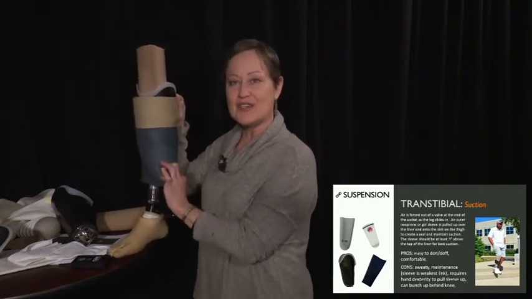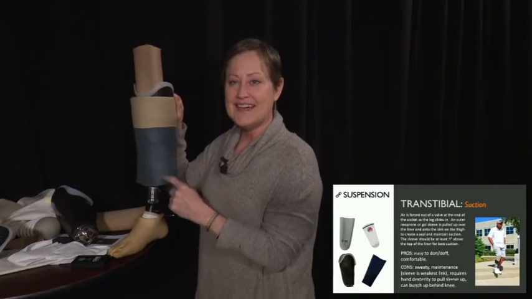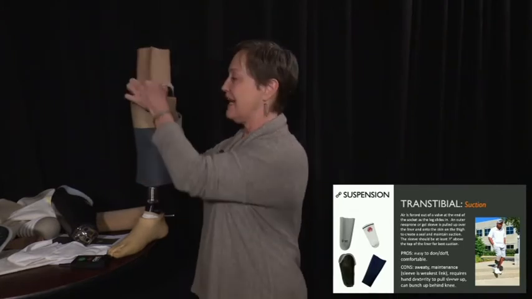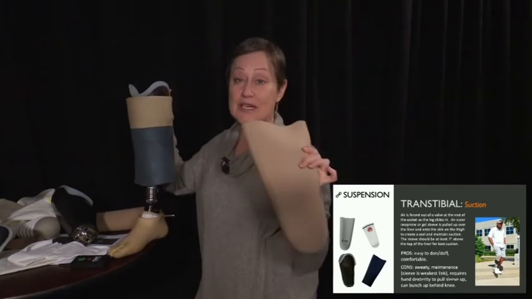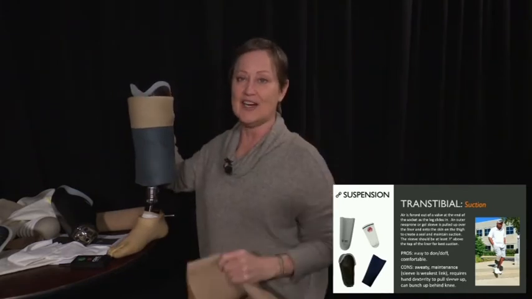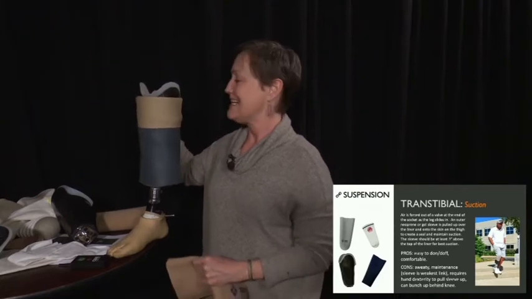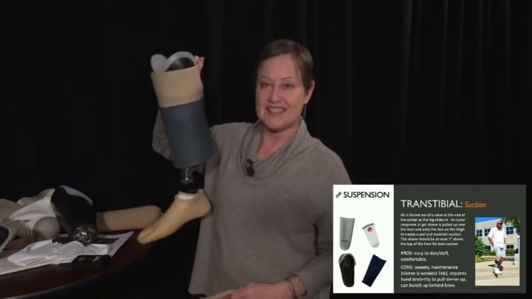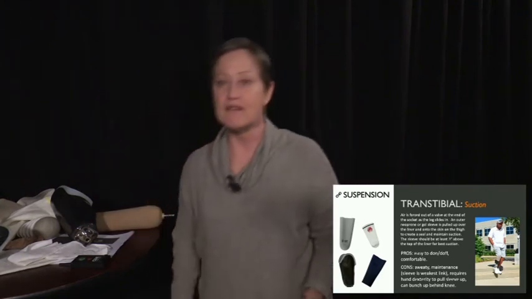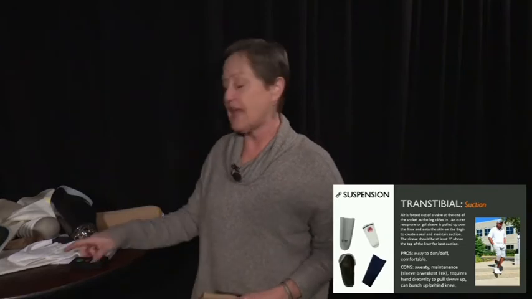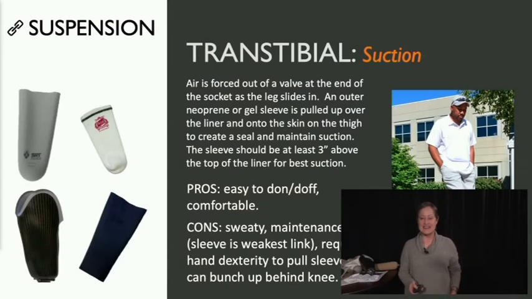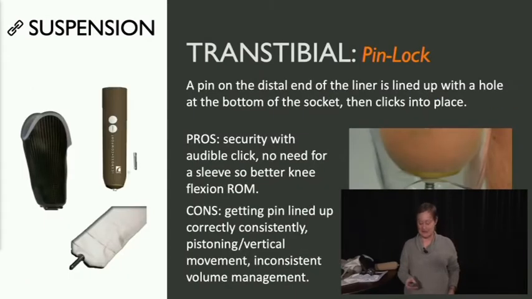Now you can imagine this creates difficulty with hand dexterity. The other thing about it is now you've got at least 3 millimeters of material thickness in the liner behind the knee in the popliteal space. You add another 3 millimeters with the sleeve. People can't bend their knee as much as they would like. So that's another one of the drawbacks for that particular system. That said, it's still a lot easier to don than other ones that I'll show you. Okay, that's the story on the suction.